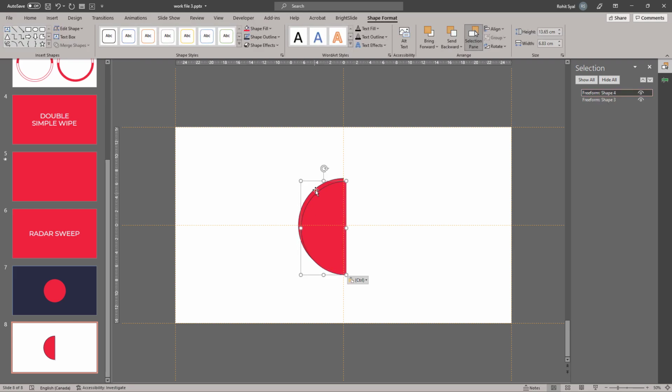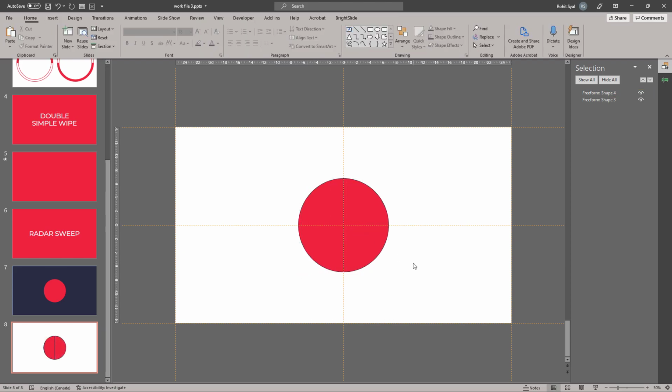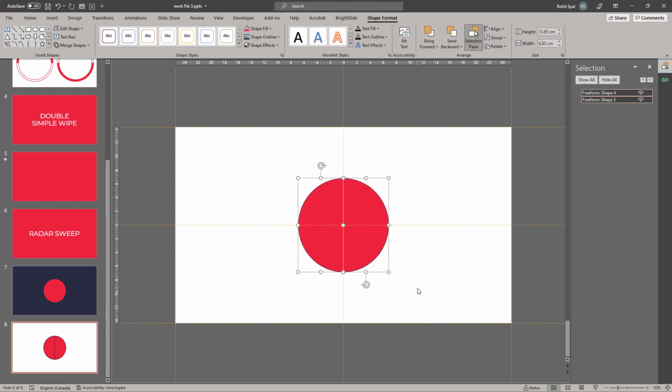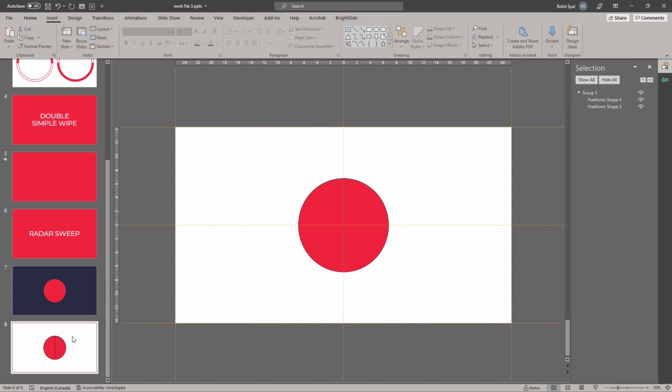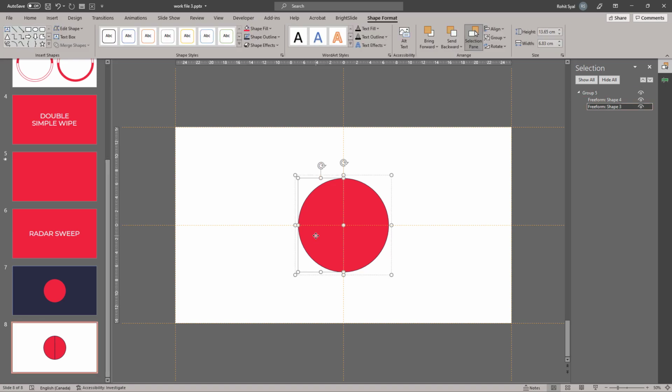Let's copy this over and rotate it. There we go. Let's group the two. So this shows 13.65 and 13.65. So we've matched it exactly.